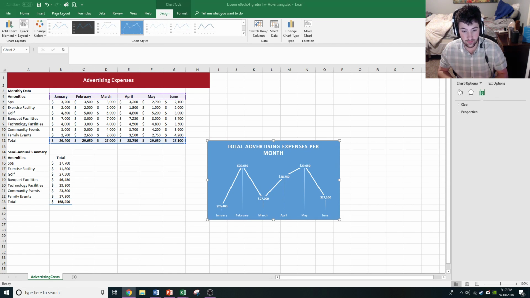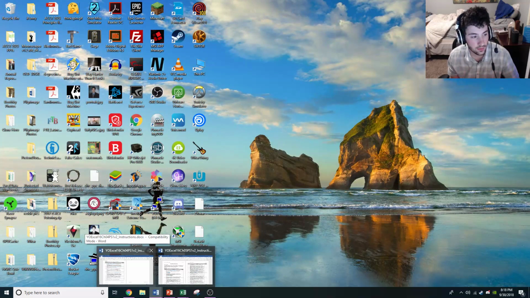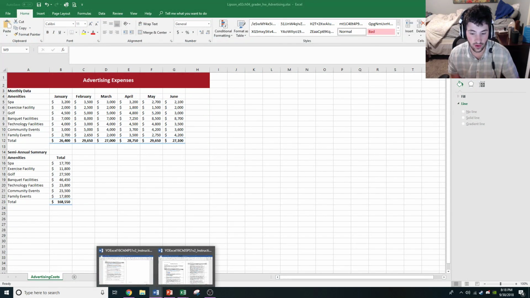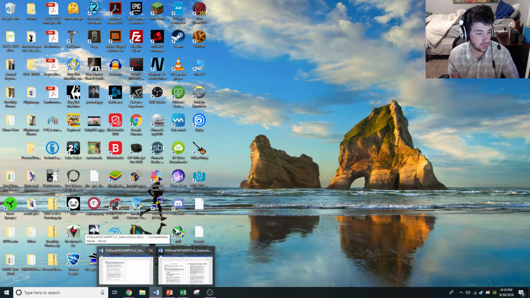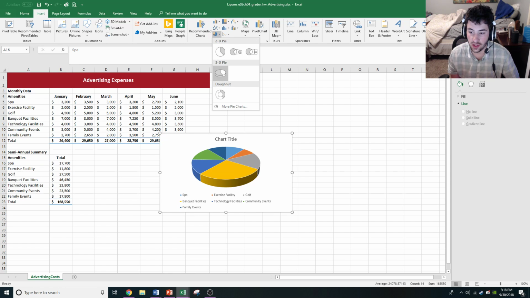Going over step 7 would help. I don't know what it means by data callouts. Okay. So, step 7. Okay, so it wants you to make a 3D pie chart. So let me prepare that based on, let's see, 3D pie chart prepared based on A16 to B22. So we go ahead and select this, and then insert a 3D pie chart,